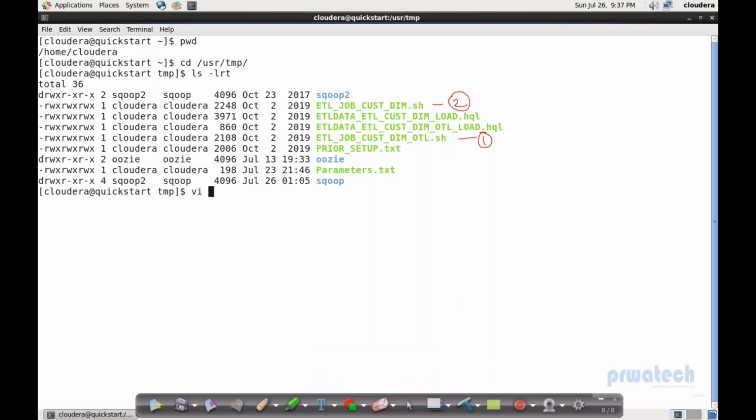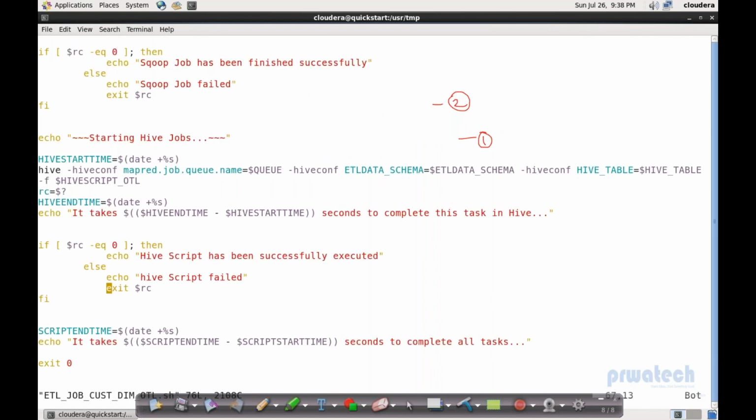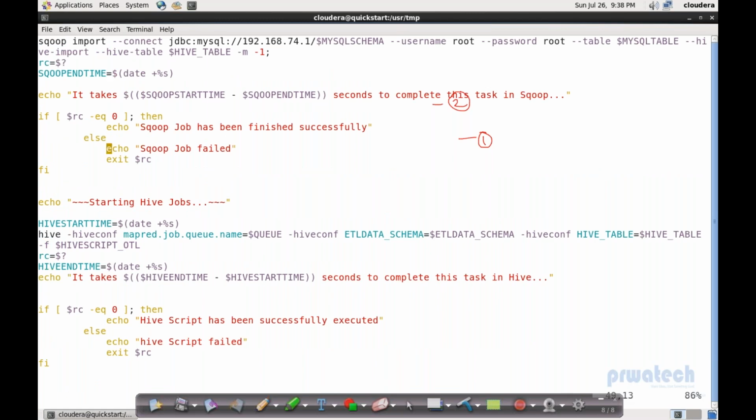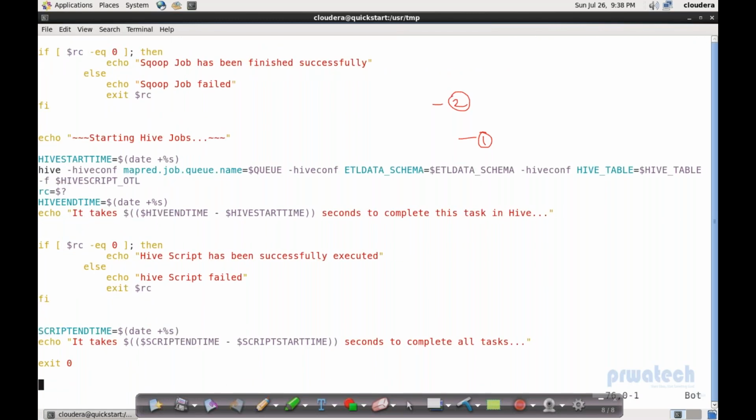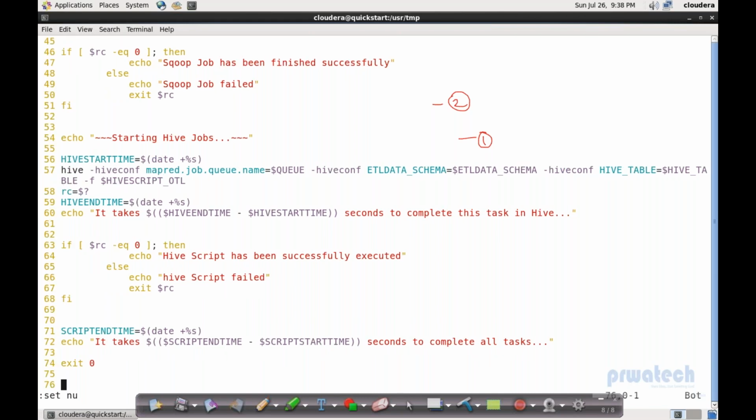Now we'll open the ETL job custdim_otl.sh. Okay, and in Hive we have loaded the data. So this is line number 57. In line number 57, we are running a Hive script